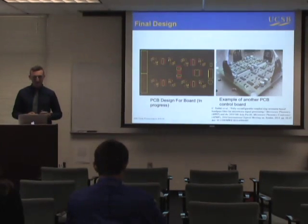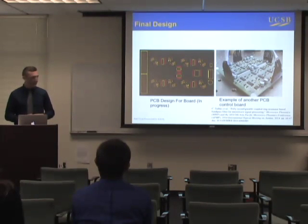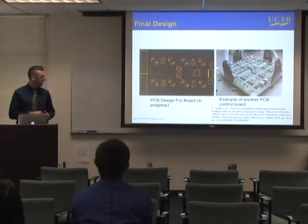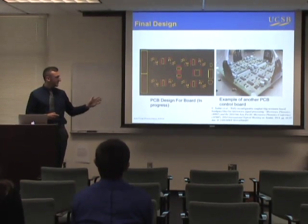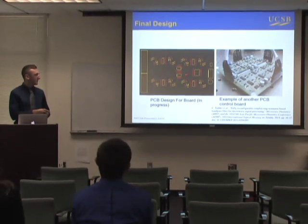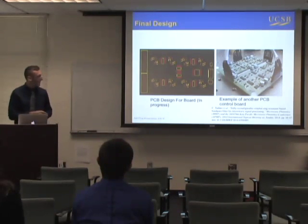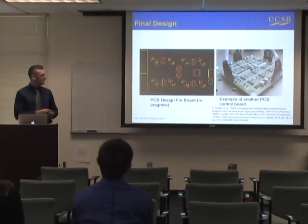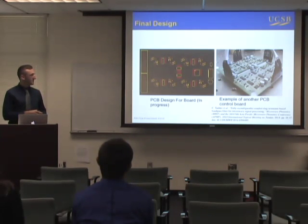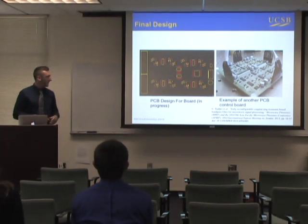So the next step was to build the design in PCB software. This is the design I have at the moment. It's still in progress, but this is basically the general layout that it's going to be. Each one of these 4 quadrants is four current sources, so there's a total of 16 on this board. These 2 things right here are the digital analog converters. This is the microcontroller that controls the digital analog converters,